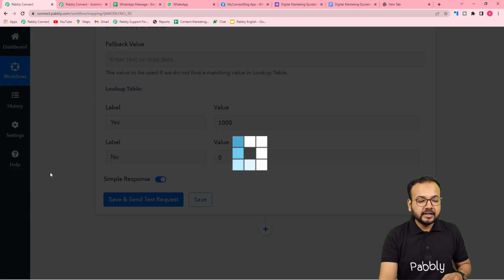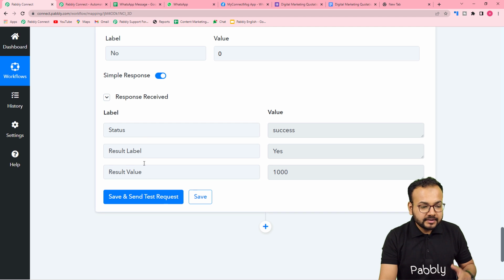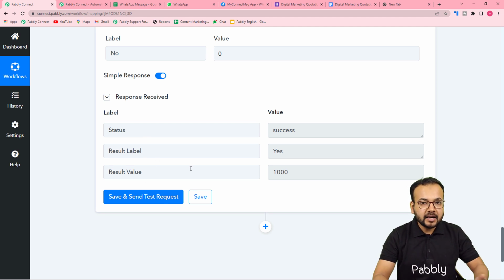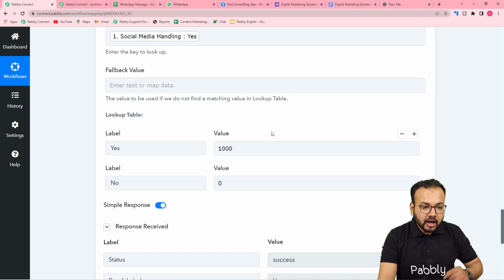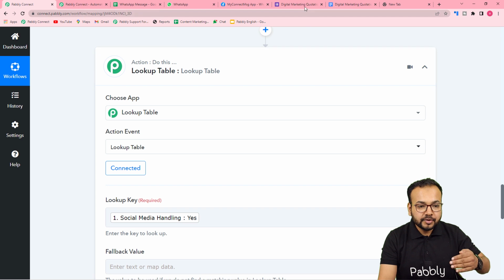Just click on save and send test request. All right, and we got this results label and the value here. Okay, so we can map these labels afterwards, right? So now I want to create this same step for my another option, which is this